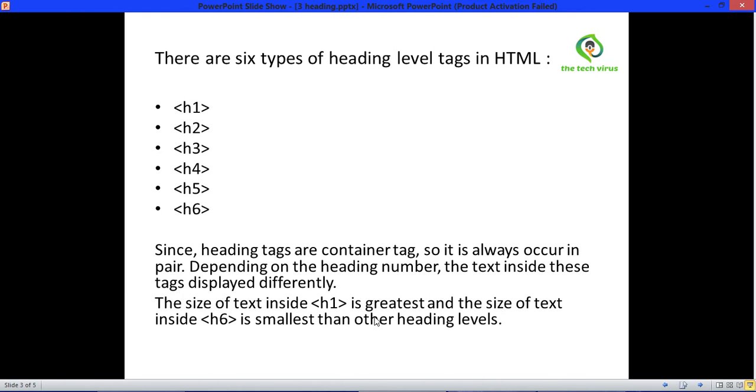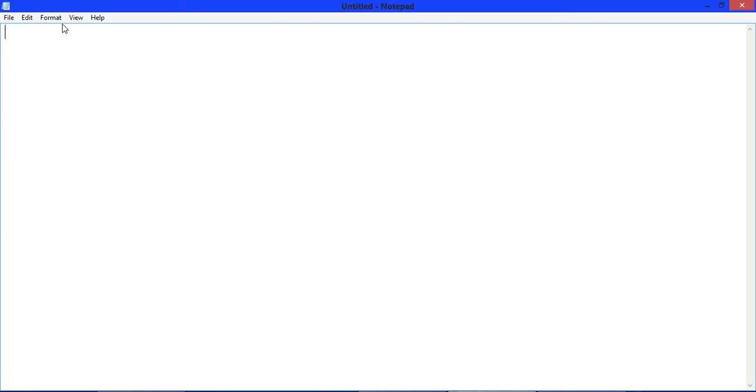Now, open your notepad and write some code. Write HTML, head, title tag. Now, write heading tag. Now, close title tag, close head tag, open body tag here.